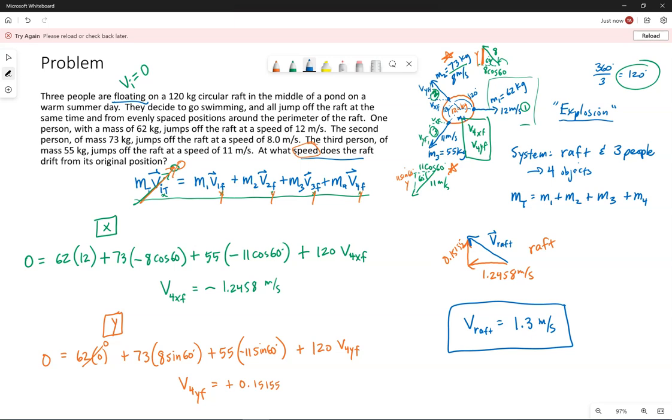Now we can totally solve for speed because we can put the three people wherever we want and come up with the same speed of the raft. Direction, they would have had to tell us exactly where the three people were in order to have a specific direction. Here, this gives it a direction relative to my picture, but that could be different than someone else's picture. So the raft ends up traveling at 1.3 meters per second because of the conservation of momentum, these three people